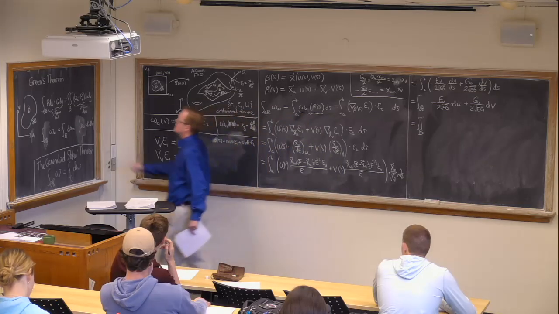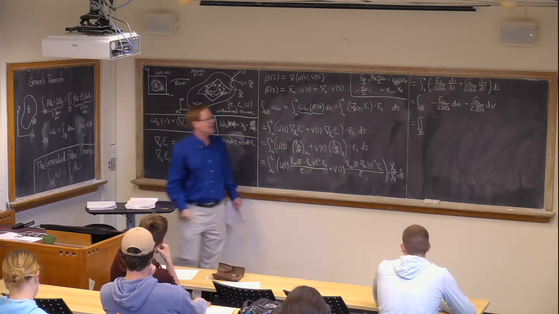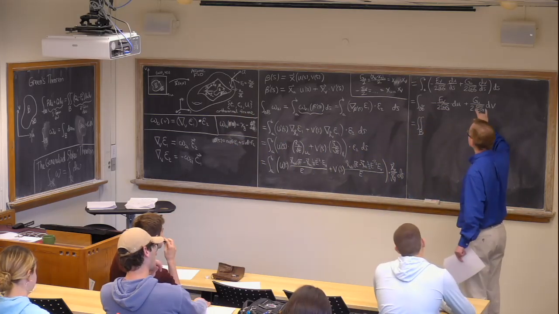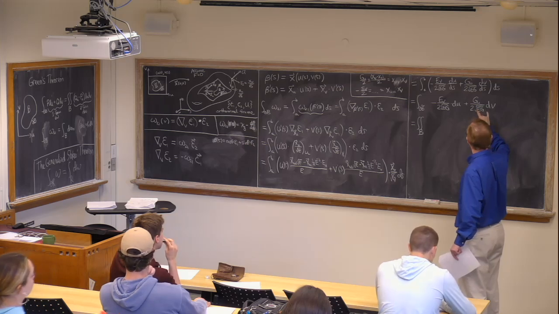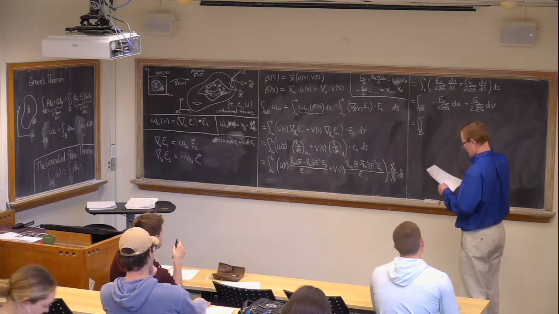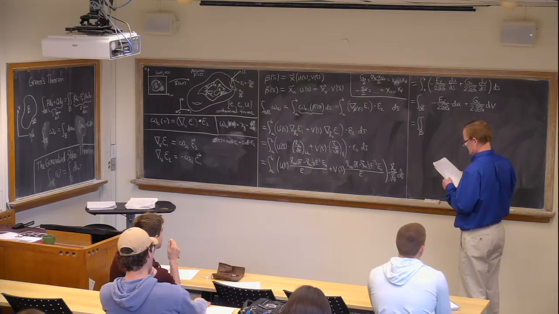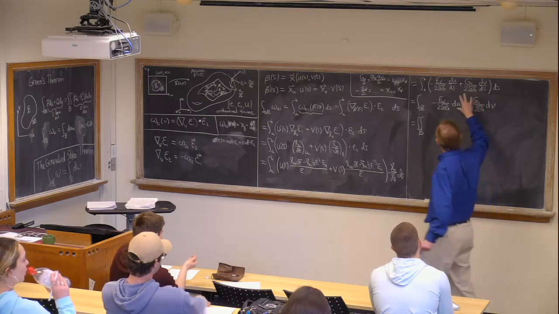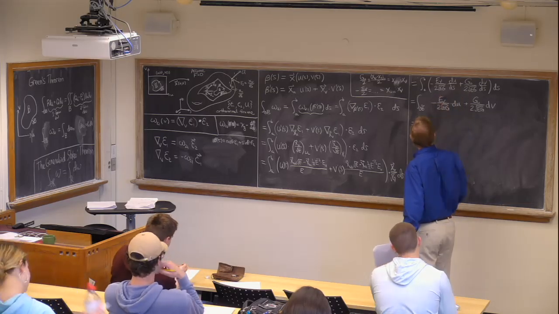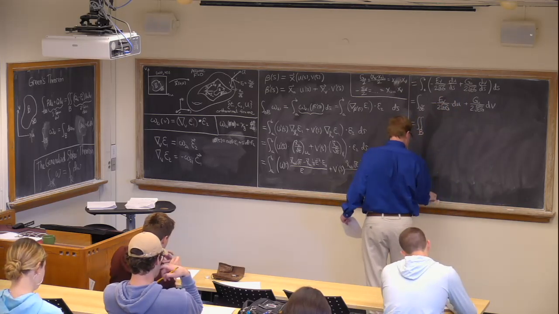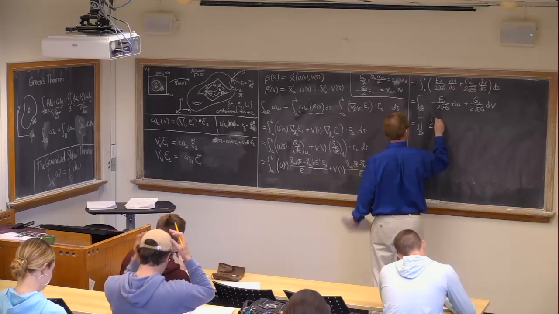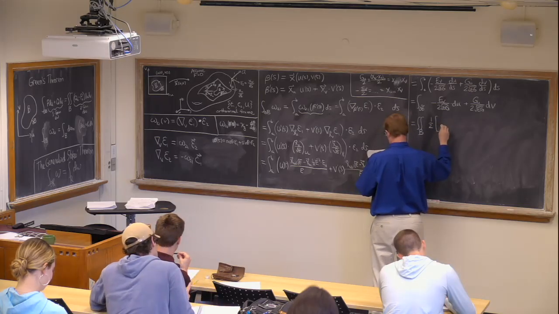Notice that you get the thing that has a dv, you take the u derivative of that. So we're going to take the u derivative of this and the negative v derivative of that. Okay, so then what we get is, we can factor out a half in both cases. And we have